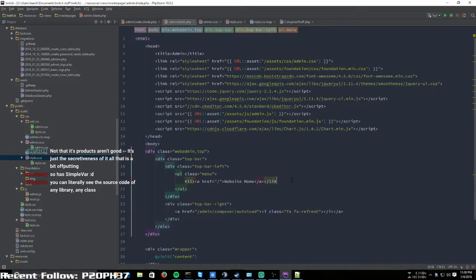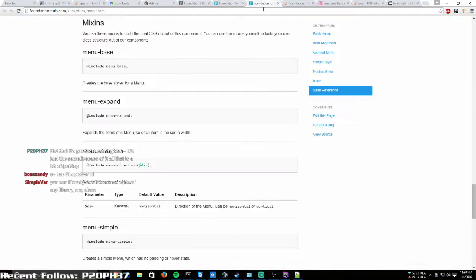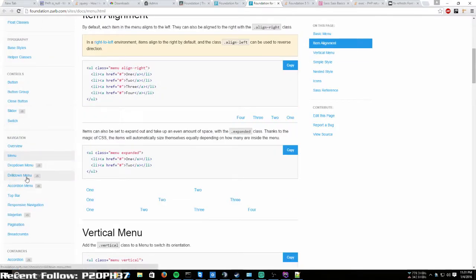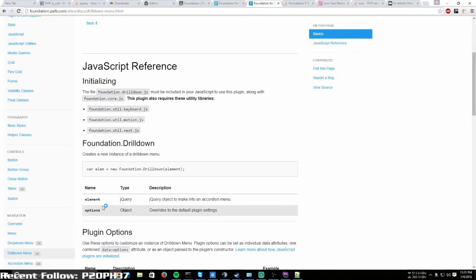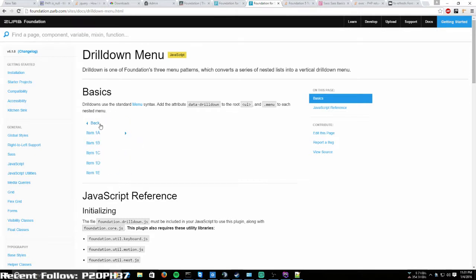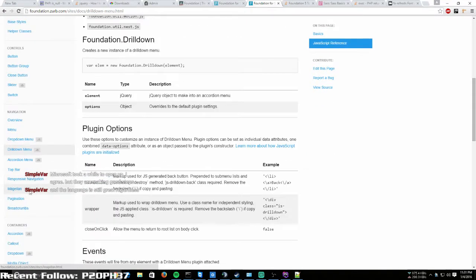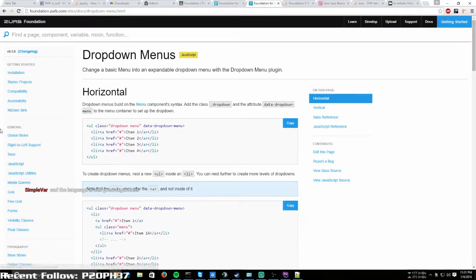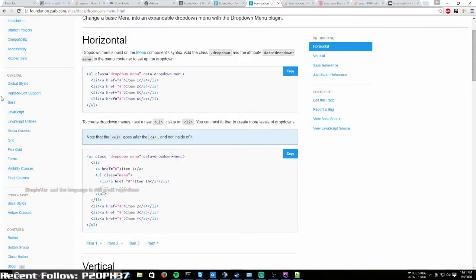Then comes the fun part, and then we get to do, what is it? What is drill down menu? Holy crap, that is awesome. But I don't want it. Accordion menu? What is this? Okay, so we need